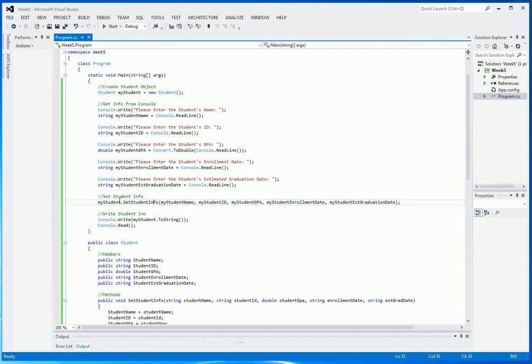Now the one thing to remember is you can never call a method from a class. You can, however, call a method from an object. So you have to create an object, and that's what we do right here with this line. We create a student object called myStudent. I can then access any of the public methods that are on myStudent by putting a dot and then typing